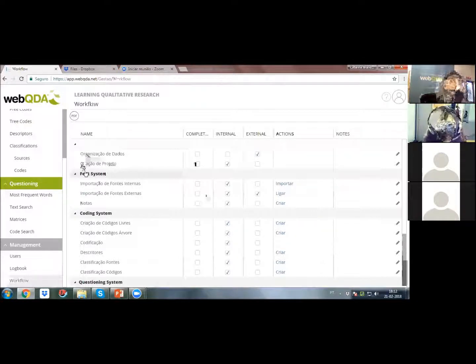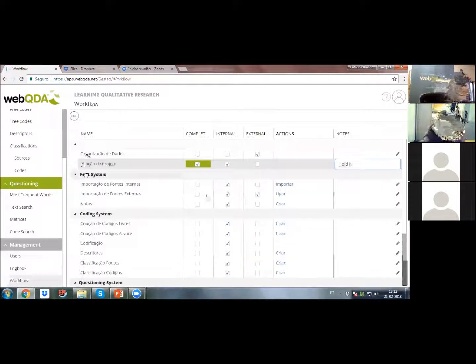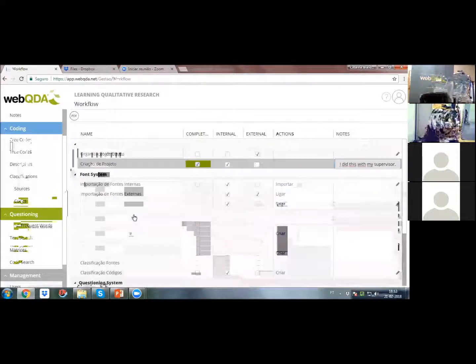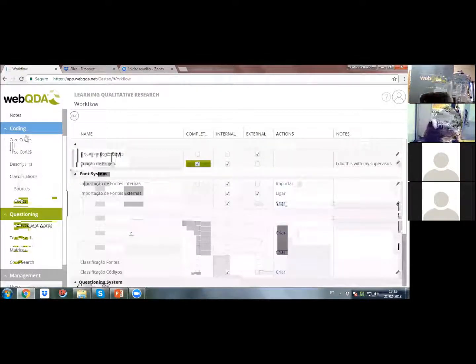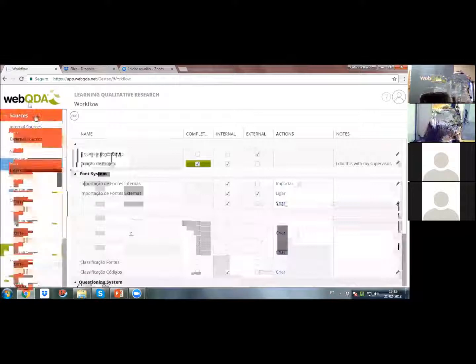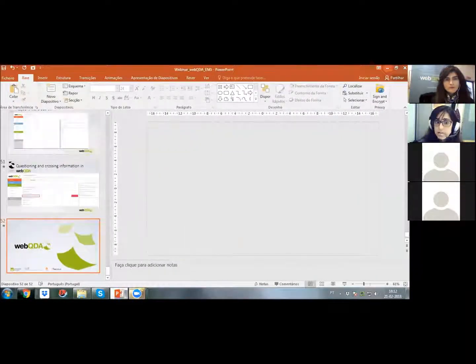So this is what you can do. For instance, I'm seeing it's in Portuguese, but it says here, creating a project. So I already created a project. You will come and you will say check. And you will say note, I did this with my supervisor. Okay, so the information will be here. Okay, so I think that I did an overview of the software. I think that Sonia, maybe we can